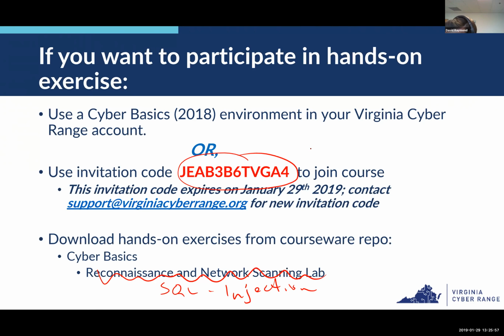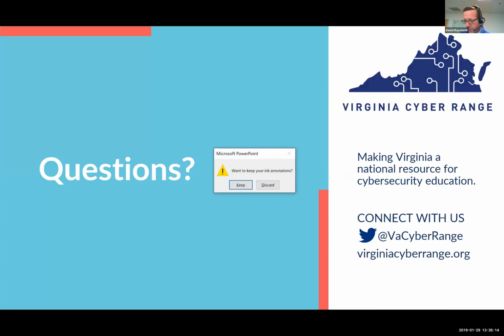And the hands-on exercise we're going to do today is the SQL injection lab. If you log into the courseware repository and type SQL in the search bar, it'll come up as an exercise and you can download it. Okay, so with that,